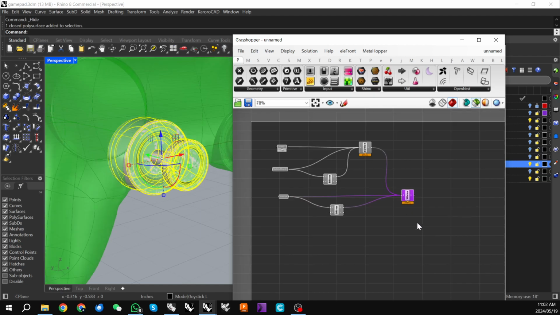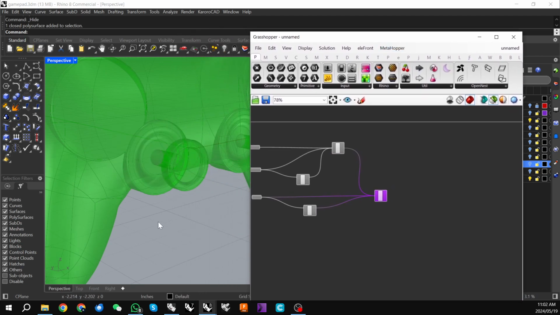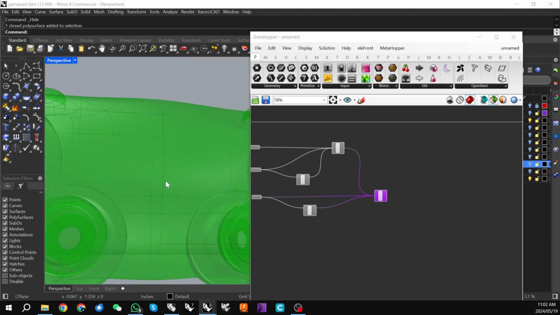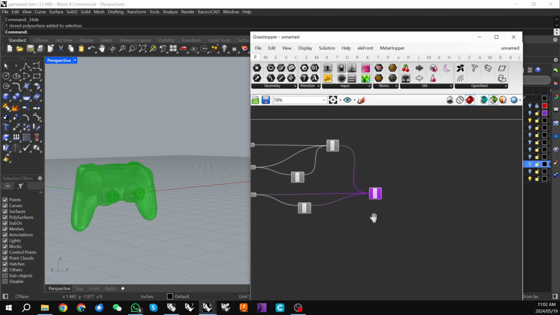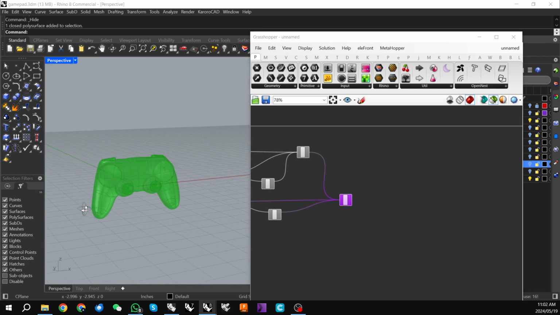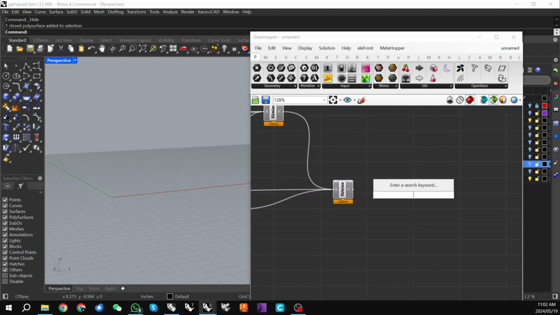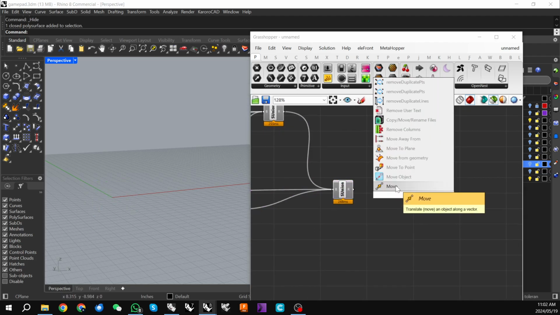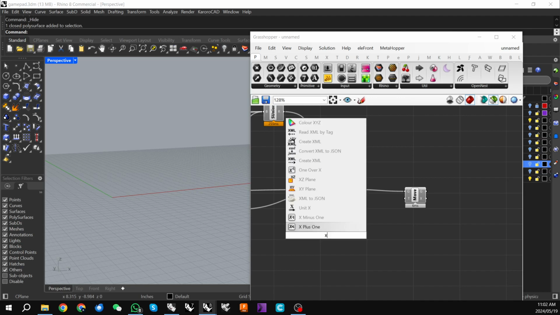So we can now turn off our preview here, and so now we have the button mount position as a mirrored object, the joysticks as a mirrored object, but I want to shift this probably in the x-axis. I want my preview sitting off to the right hand side here. So I'm going to put in a move object, and I'm going to put in X,